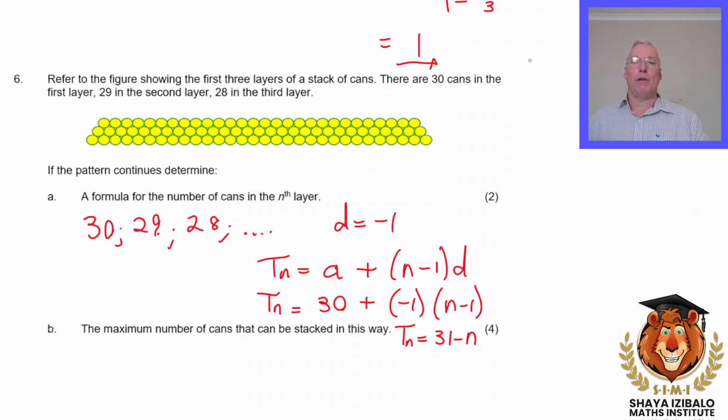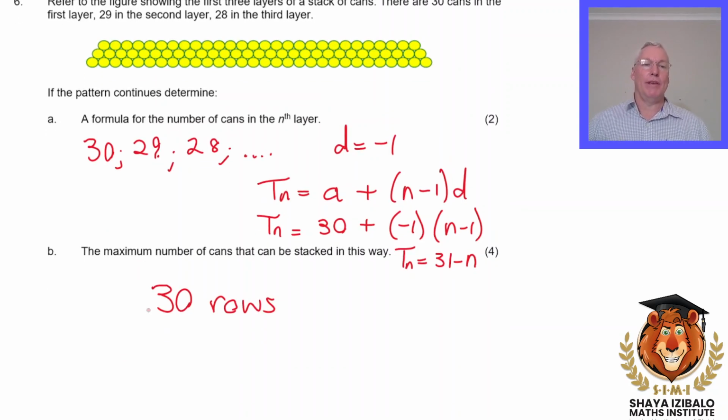How many rows can we make like this? In the top row, we're only going to have 1 can. And what must n be to get 1 can? Well, n must be 30. So we can have 30 rows. Now what we're asking is how many cans will there be if there are 30 rows? The answer is 30 plus 29 plus